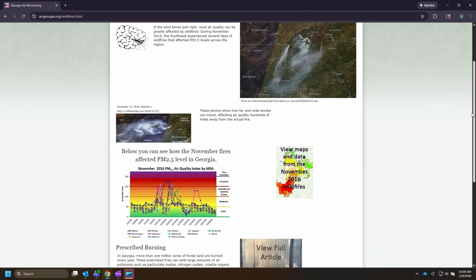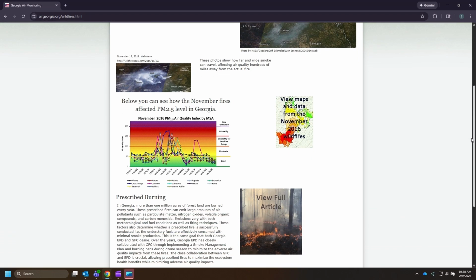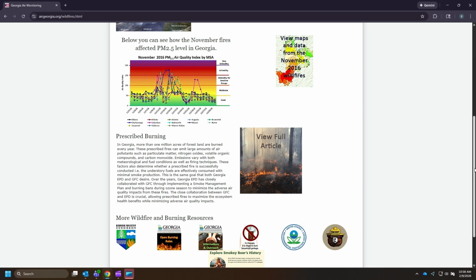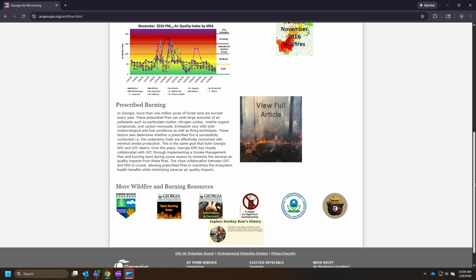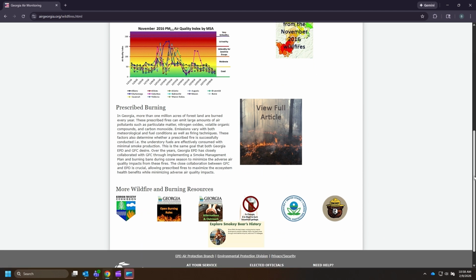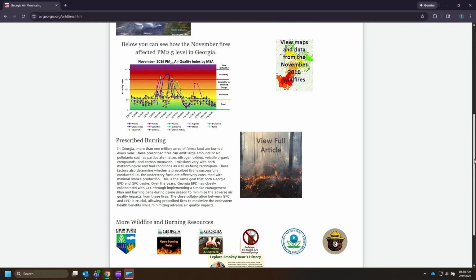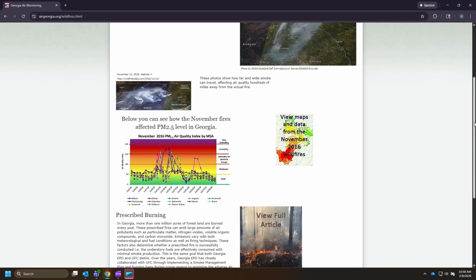The Wildfire subtab explains how smoke from active fires can significantly impact local air quality, specifically increasing particulate matter levels. This page serves as a resource hub, providing direct links to external tools like the Georgia's Forestry Commission's Public Viewer and the EPA's Fire and Smoke Map. You will also find historical context on how past wildfire events have affected Georgia's air to help you prepare for